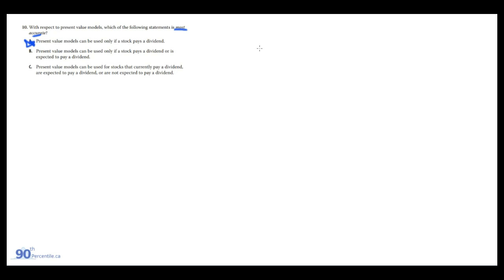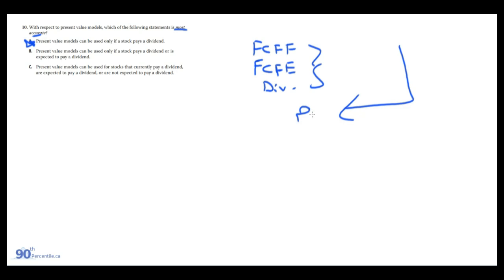different cash flow measures that we're discounting back. So we could look at free cash flow to the firm, like I said, free cash flow to equity. We can look at dividends. We can use all of these to discount them back to today to calculate the present value of the